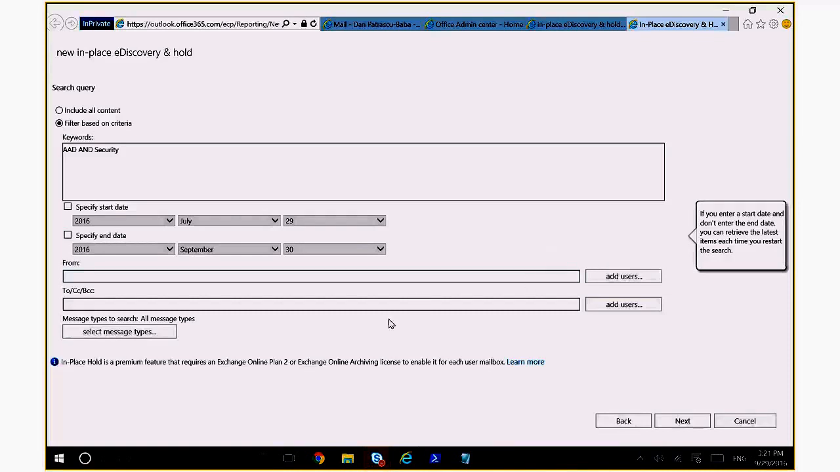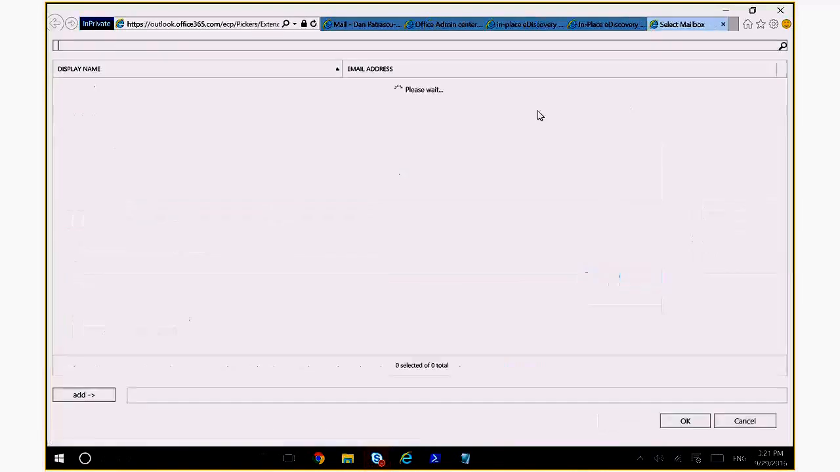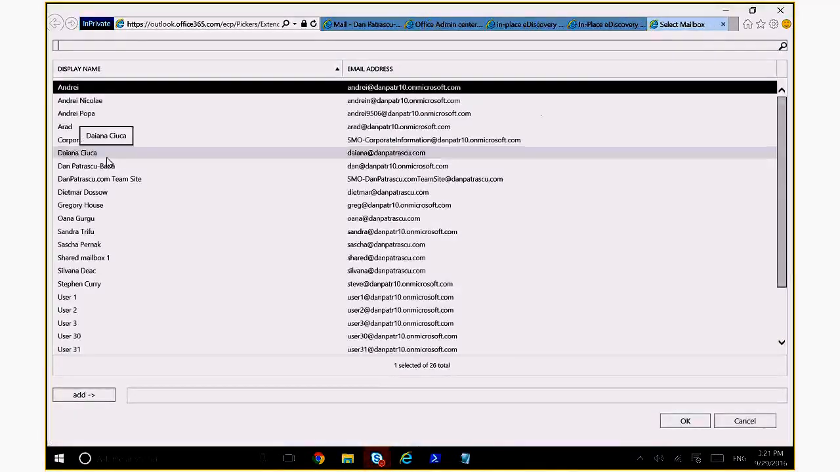Now we have also the option to do some further customizations here. For example, we can choose, let's say, only emails that were sent from, and we can also check here a certain email address, or